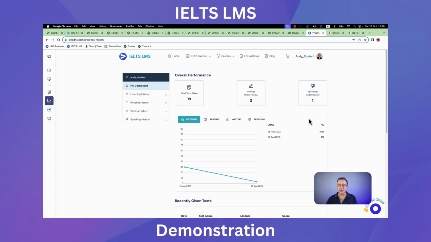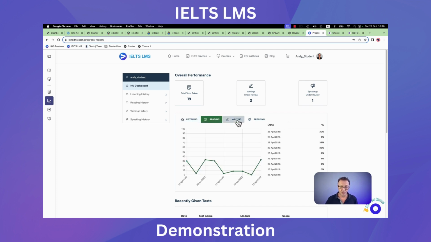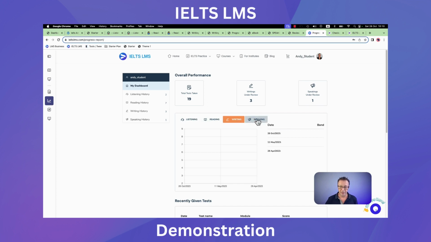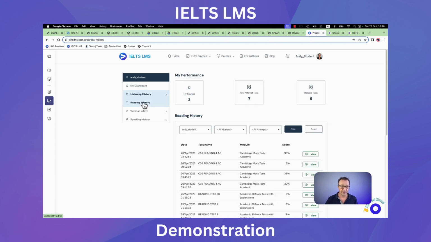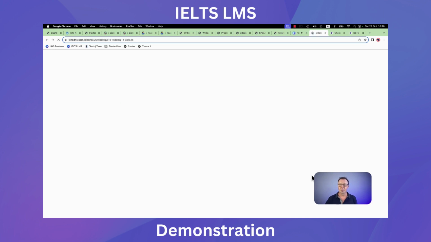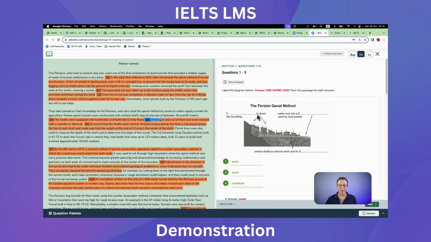If you're a trainer, you get to see all of your student scores, and you can filter those by student name or by module, so you can find out what's going on for a particular student. Your students will see this. There's a nice graph here which shows their recent history of what they've been doing. They can drill down into their listening, reading, and writing and speaking history. They can see anytime what they got. They can go back and review it. So it's all very nice and easy to